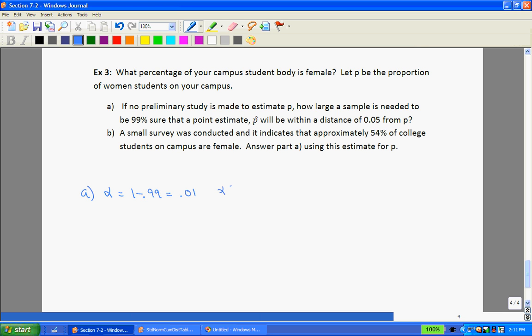But if I want those tails, alpha divided by 2, that means 0.01 divided by 2 or 0.005. The other information that we're given is the error. So this time we know the error, and the sample is what we're trying to find. Well, if p hat is going to be within a distance of 0.05 from p, that means either above or below. So that's our error. So E is equal to